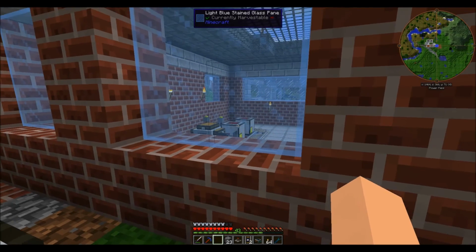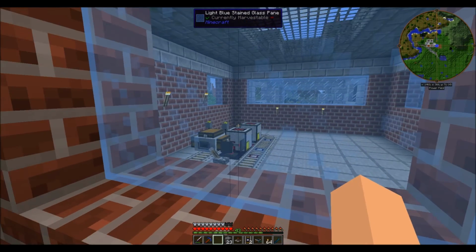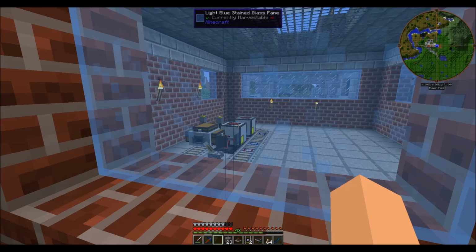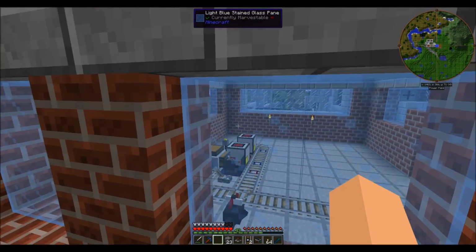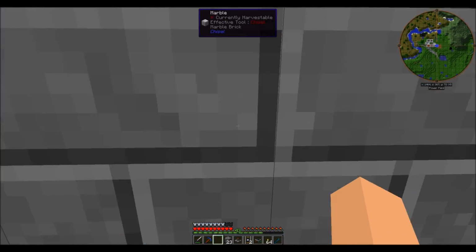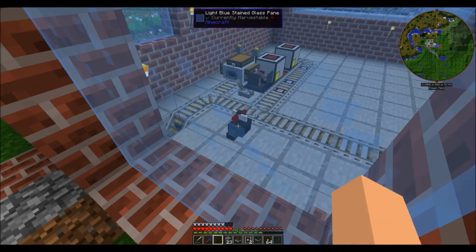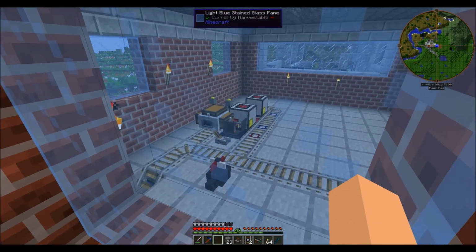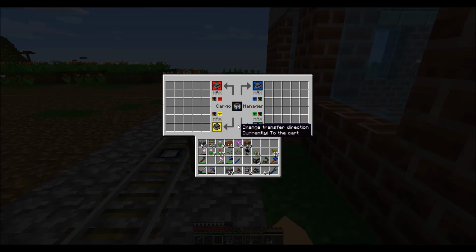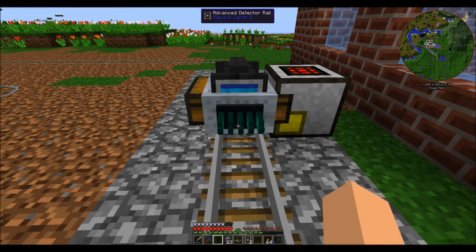We could actually route our trains all into one building in one location and only use one detector rail, and that would probably be the most efficient way to do it. But I'm not really in the mood right now to think about how to go about doing that. We would probably want to set up some kind of routing system, and for right now, it's more complications than it's worth. So we are going to have our modular cart, and we're going to throw our modular cart down right